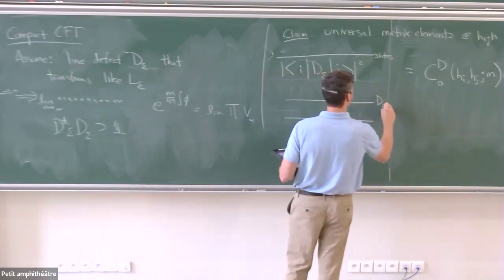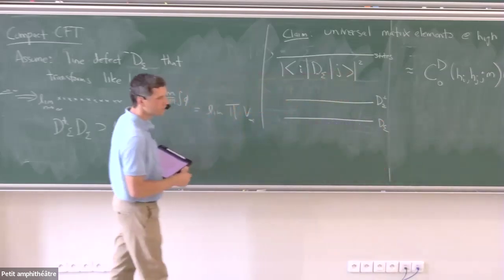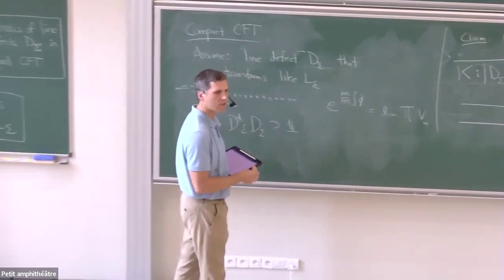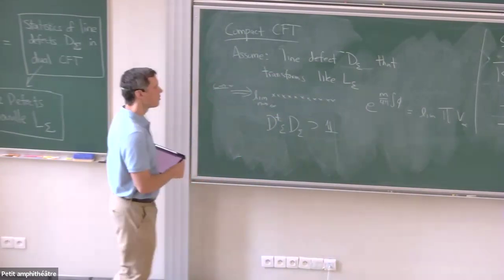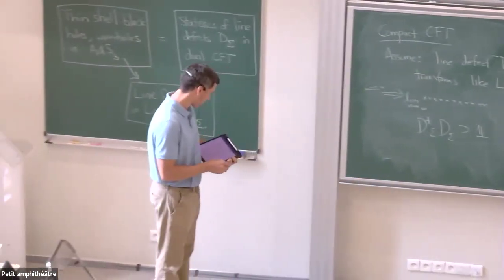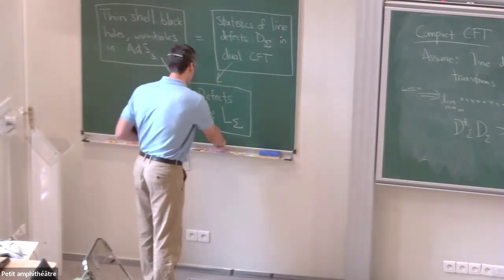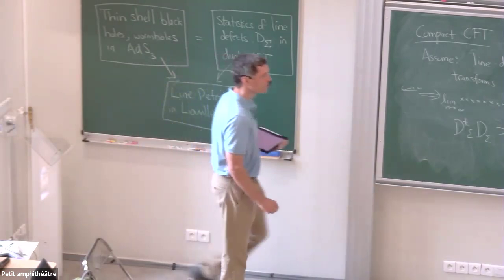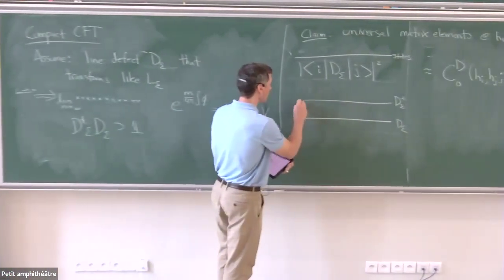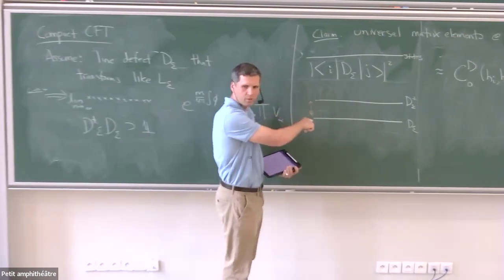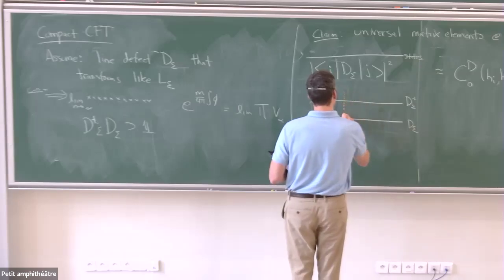Derive this formula. We're going to use a trick that actually also works for local operators and makes the derivation pretty easy, which is to use ZZ brane technology. So the idea is the following. We start with a 2-point function of the defect in the compact theory. That's the picture that I just drew. We want to study the limit where they come close together, and then we're going to project onto the identity